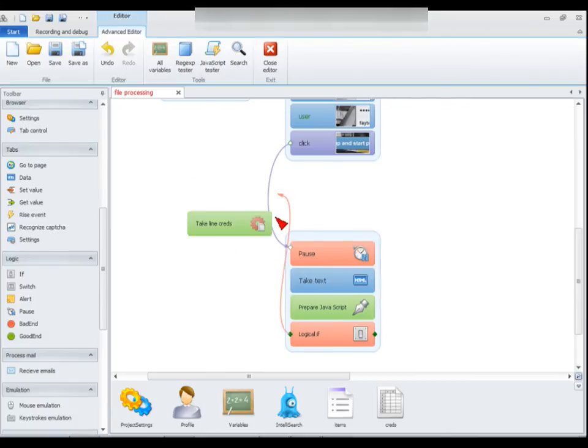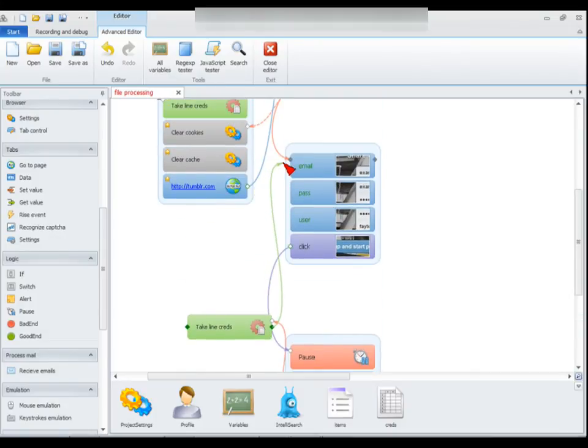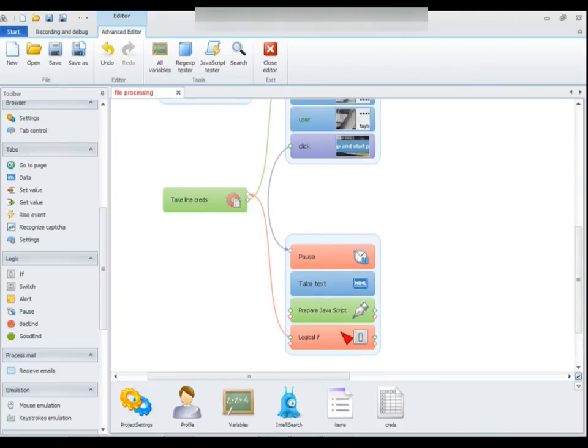Oh, wrong one. Right, if it's true, get new line. Once it's got the line, redo the email and the password. And then click, and so on, so on, so on. Else, if it's false,